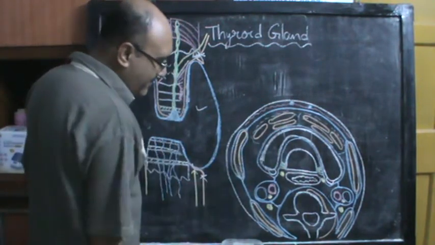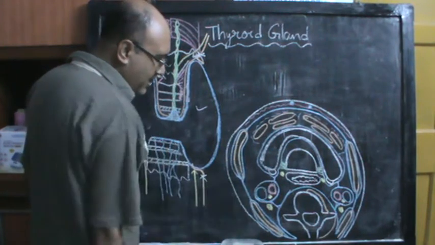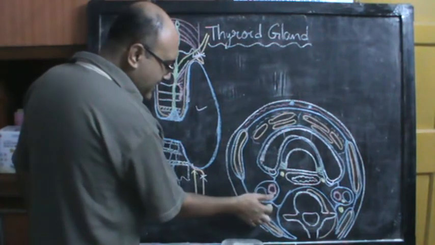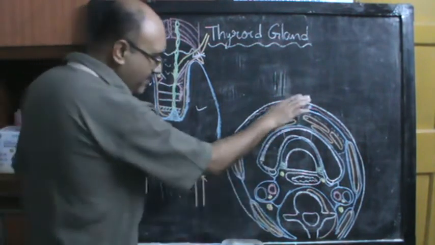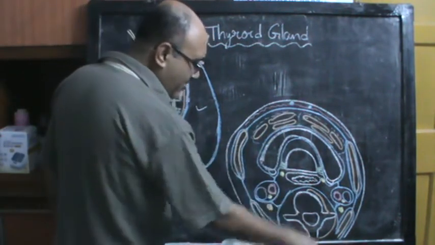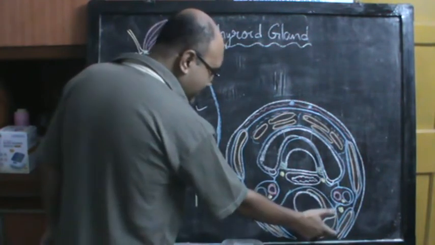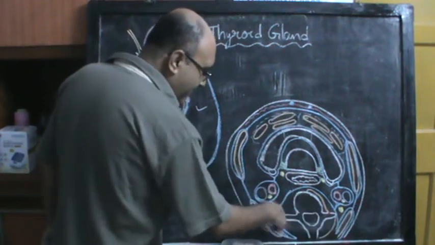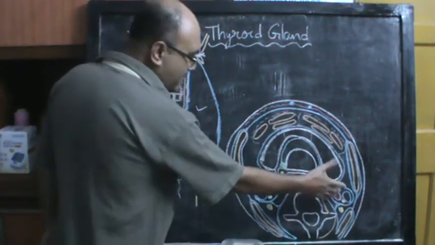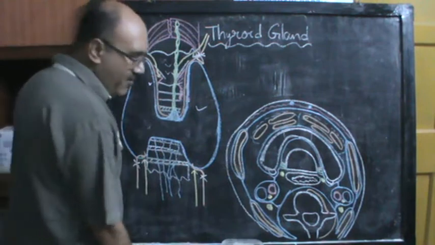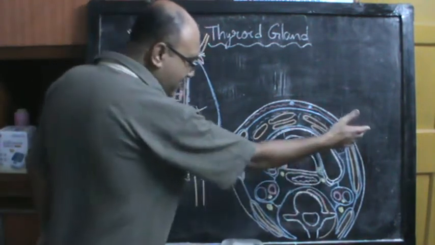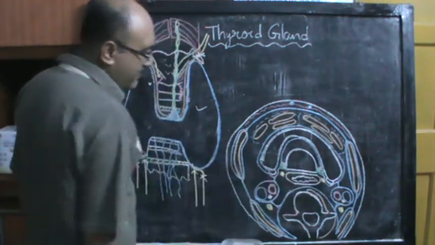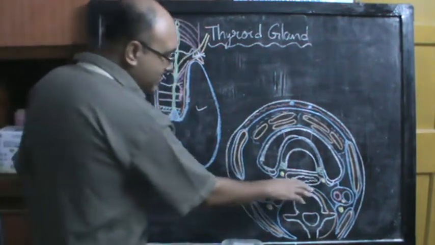Behind the posterior surface of the thyroid you have the carotid sheath with the internal carotid artery, internal jugular vein, vagus nerve. Behind the sheath you have the sympathetic trunk, and behind this entire structure you have the vertebral column, thoracic vertebra, prevertebral muscles, and you have drawn the erector spinae, and you have the prevertebral layer of the deep cervical fascia, and we have shown that the carotid sheath is formed partly by the pretracheal and partly by the prevertebral layer of deep cervical fascia, and in front of the prevertebral layer you have the prevertebral space over here.